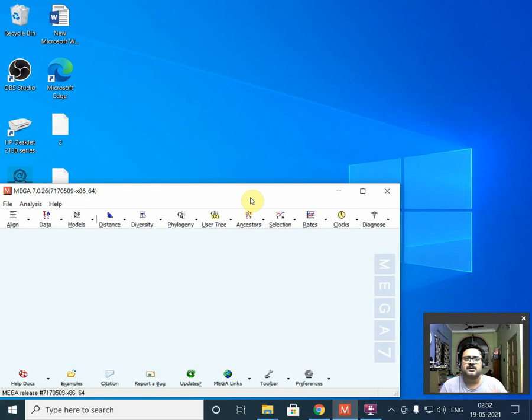The second point is that MUSCLE takes relatively much less time than Clustal W, especially when you have a large number of samples. Suppose you have 1,000 nucleotides or 1,000 proteins; in such cases it is always recommended that you go for MUSCLE rather than Clustal W, because the results will be somewhat near to each other.